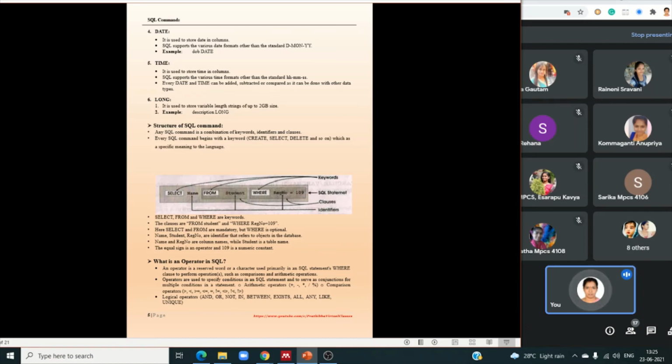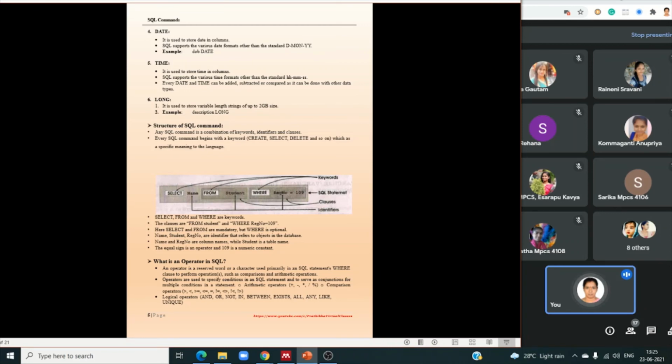In SQL we have arithmetic operators, relational operators, and logical operators. Arithmetic operators are plus, minus, star, slash, and modulus division. Comparison operators, or relational operators, are greater than, less than, greater than or equal to, less than or equal to, not equal to, not less than, not greater than.